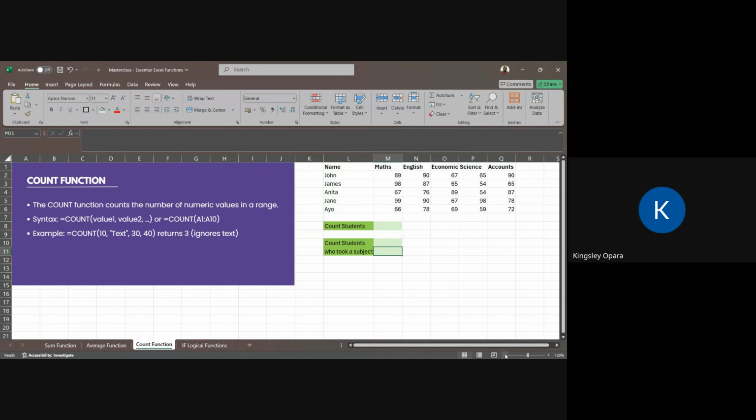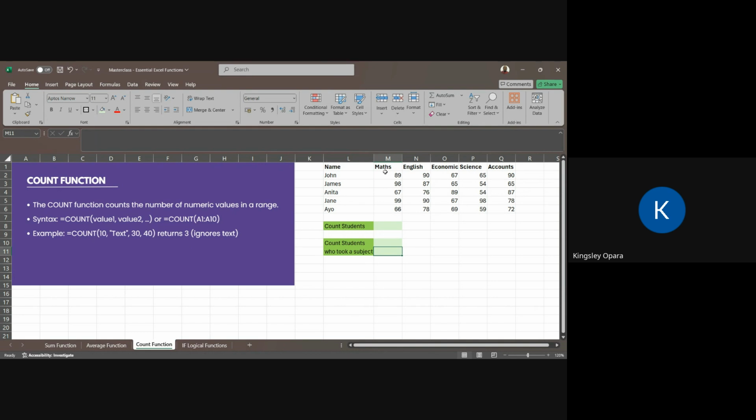We're just picking the essential ones. Remember, we call them essential functions. The count function counts the number of numeric values in a range. When we say numeric values, we mean numbers.